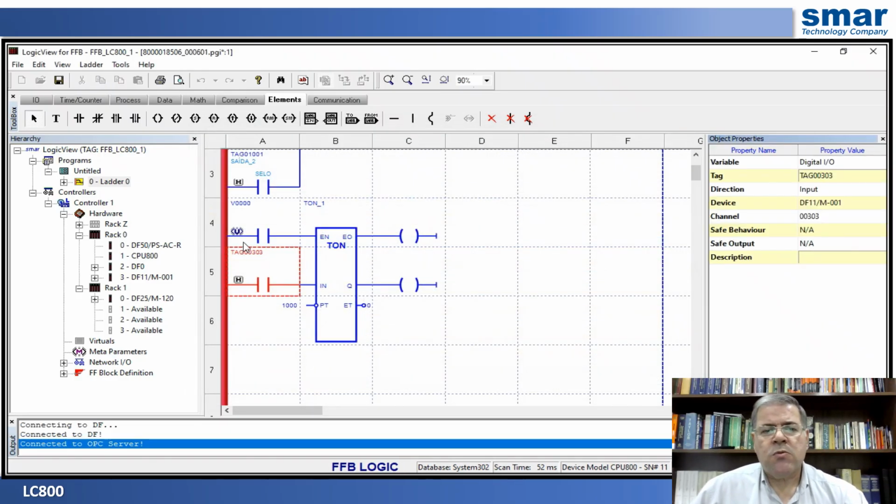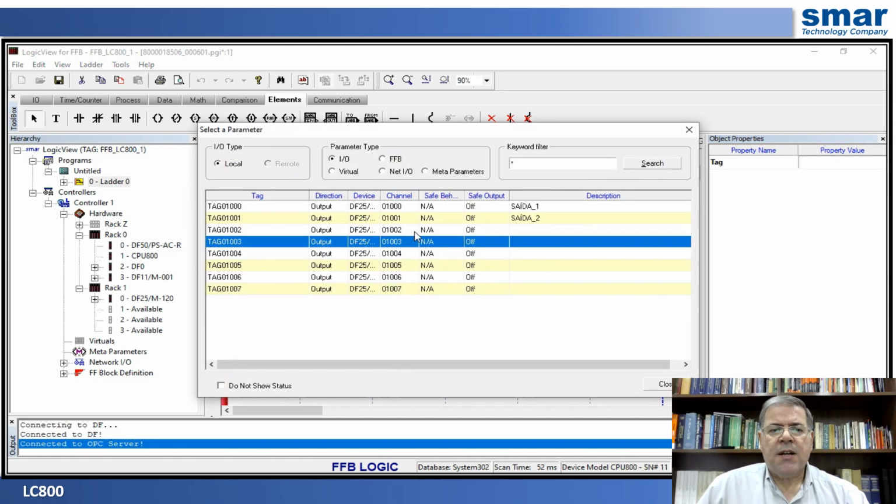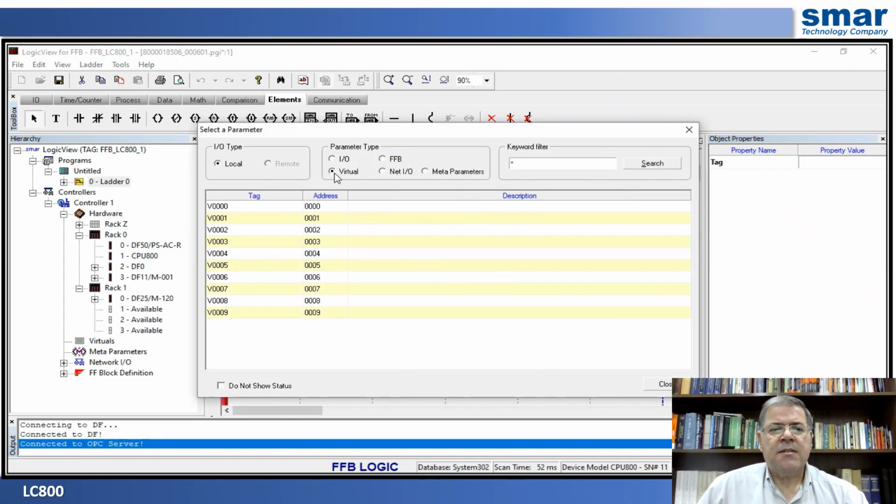As we've already used 1, 2, and 3, we're going to use input 4 here. We've placed the tag there. Let's trigger it. Connect the virtual to the output